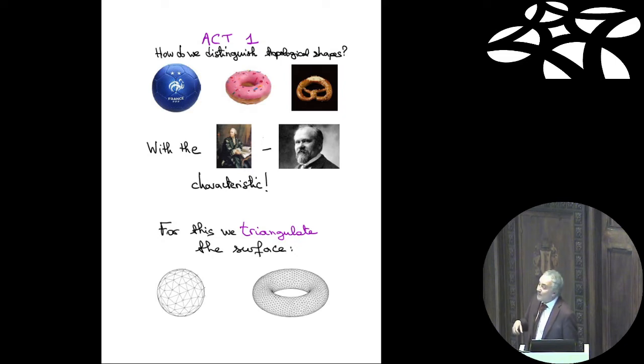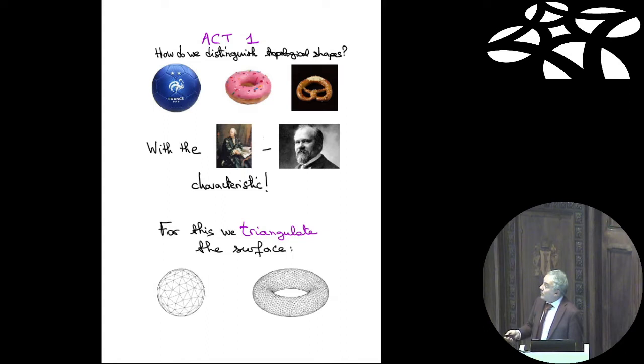And okay, so intuitively, it's clear that they are very different because of the number of holes. But how do we give a precise meaning to this notion of holes? It's not so obvious. So I will present one invariant, the so-called Euler, which you already saw this morning, and Poincaré. So it's the so-called Euler-Poincaré characteristic. Sometimes it's only called the Euler characteristic. And this is defined in terms of a triangulation of the surface.